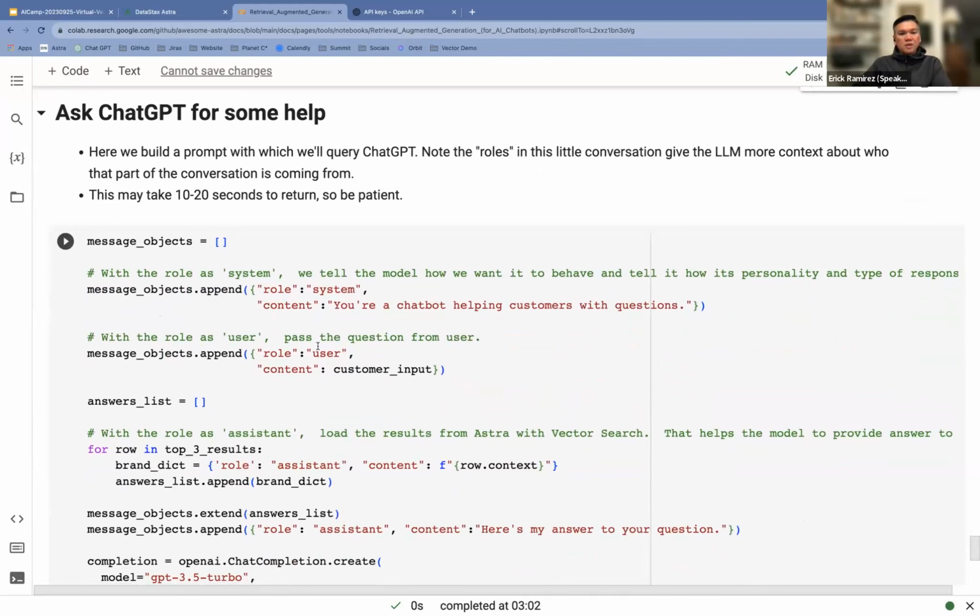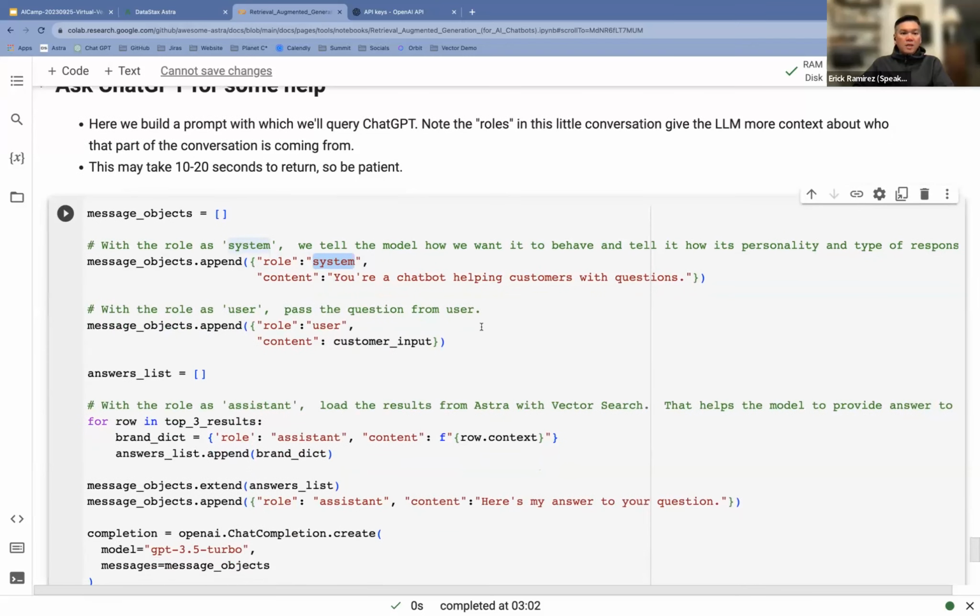This is a specific thing for OpenAI. We're going to build a prompt that has a role. So the system, this is the AI assistant. We're telling the AI assistant that it's a chatbot that's helping customers with questions. In OpenAI, you can tell the system different things.